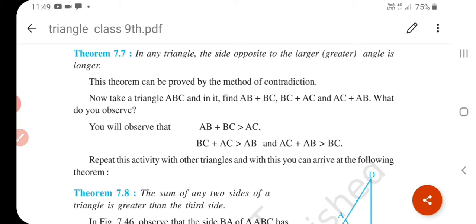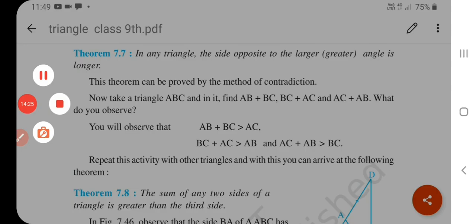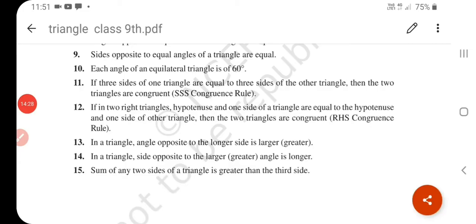Okay, understand? So this is our chapter. So students, in this chapter we learn so many things about triangles. Okay, what about a triangle, what is the side of a triangle, and if two sides are equal, then what about the angles of a triangle, and if the triangle is equilateral, meaning all sides are equal, then what about the angles of this triangle? Okay, and when two triangles are congruent to each other, and so on.